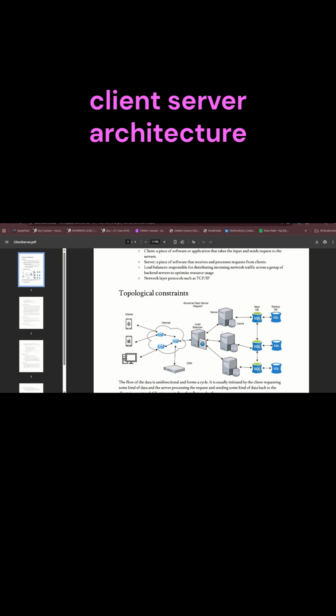Client and server. The client is sending something or searching for something over the browser, and the browser filters out or filters